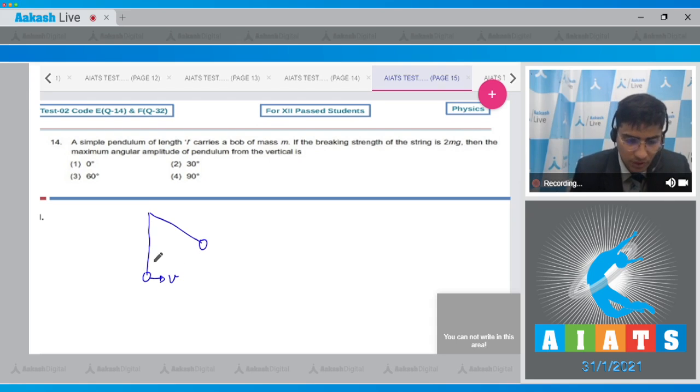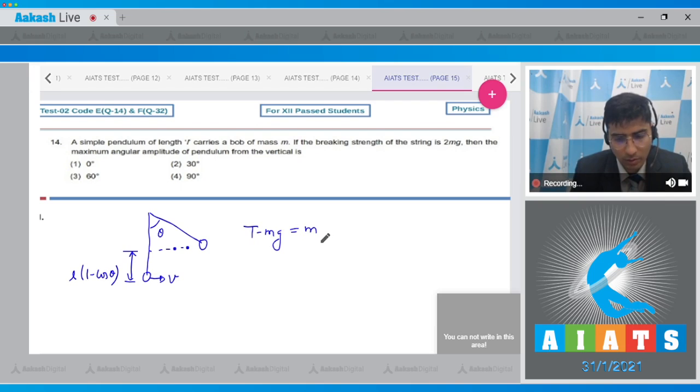Now, dear student, please know that the tension is maximum at the lowermost position. If this angle is theta, this vertical displacement will be L into 1 minus cos theta. Now, at the lowermost position, T minus mg will be equal to mv square by L,